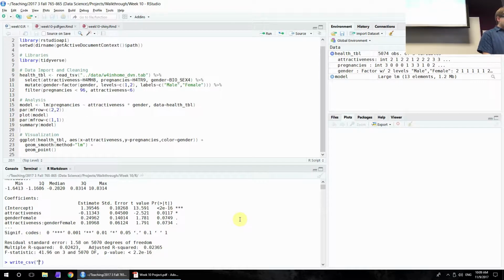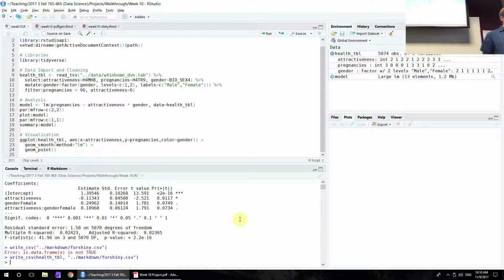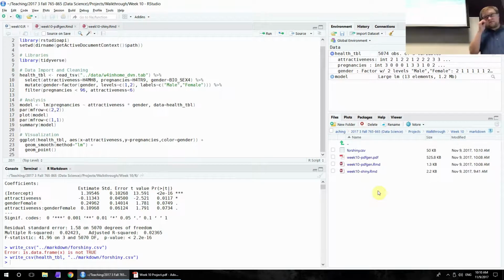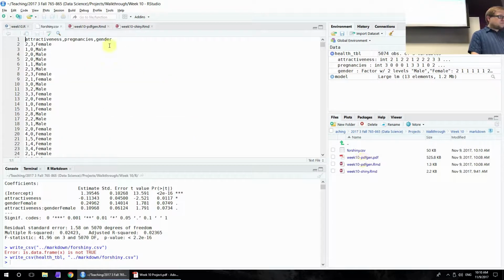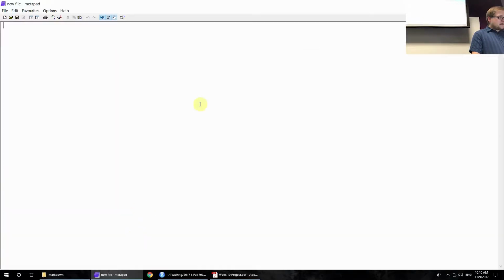So I'm going to go ahead and write CSV markdown for Shiny.csv. Or you can do TSV or whatever you wanted. I forgot to put health_tibble. And you would see, if you go back into our file list, that in the Markdown directory, that file now exists. If we open it directly, which I may need to jump out for, apparently I do. If we open that directly in a notepad type document, or there it is,